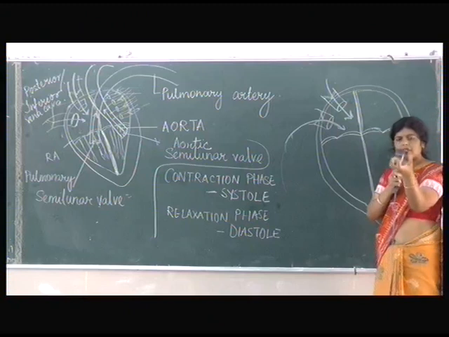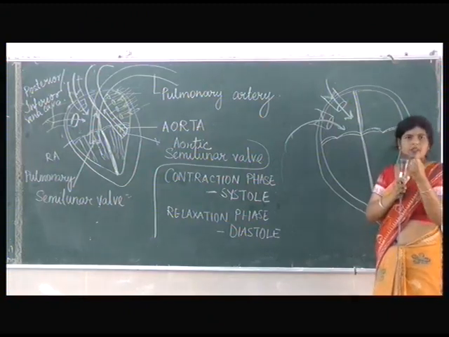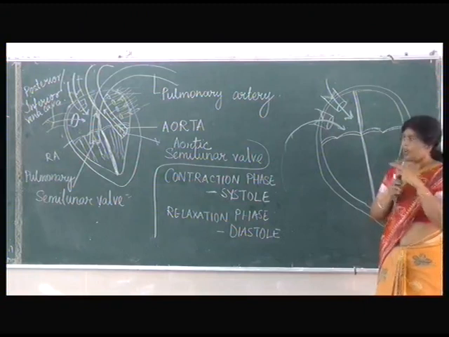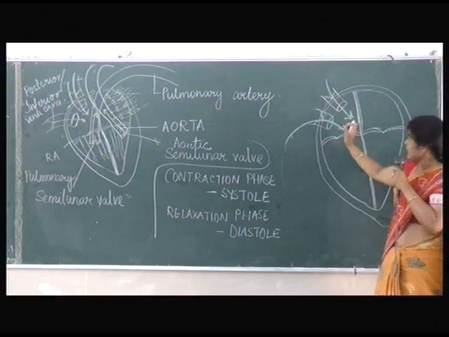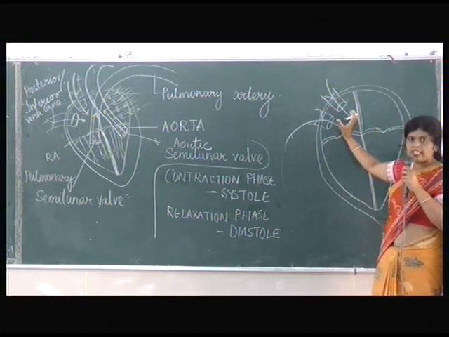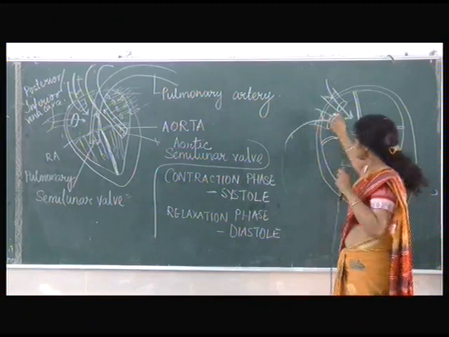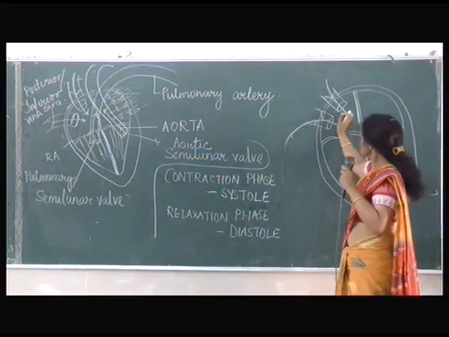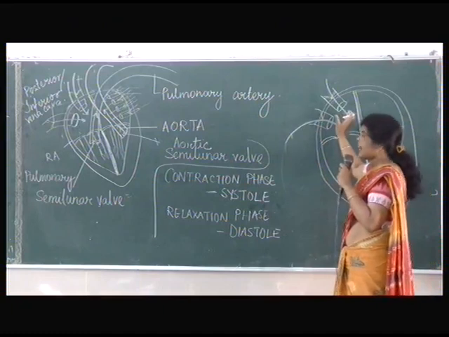When the blood enters into a chamber, it cannot be in a contracted state. You can just imagine, you take a balloon and keep it contracted and try to fill water in it. You cannot do it. It has to be relaxed. So whenever the blood is coming into a chamber, it has to be relaxed. So what phase will we say? We will say diastole. The heart is in diastole. Which part is in diastole stage? The auricle. Is it clear? So we will say that the auricle is diastoling.